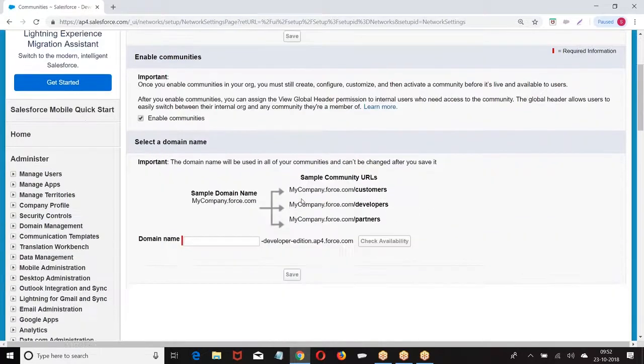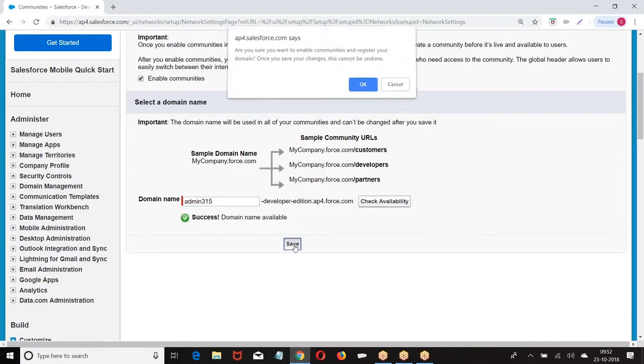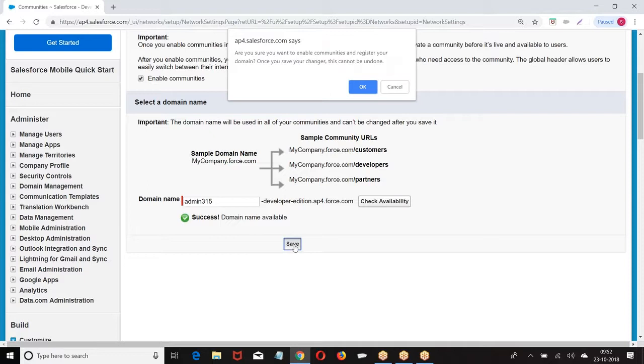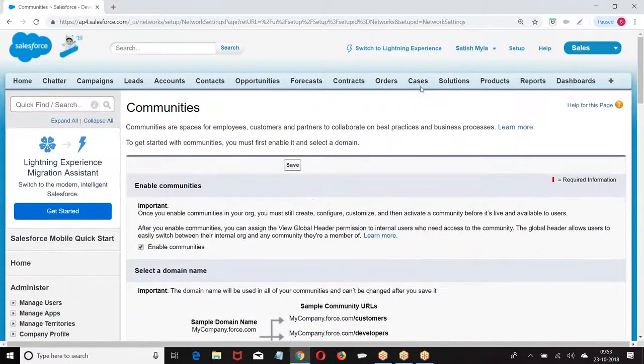Enable the communities, enter the community name. What did I do? I enabled the community and entered the community name.